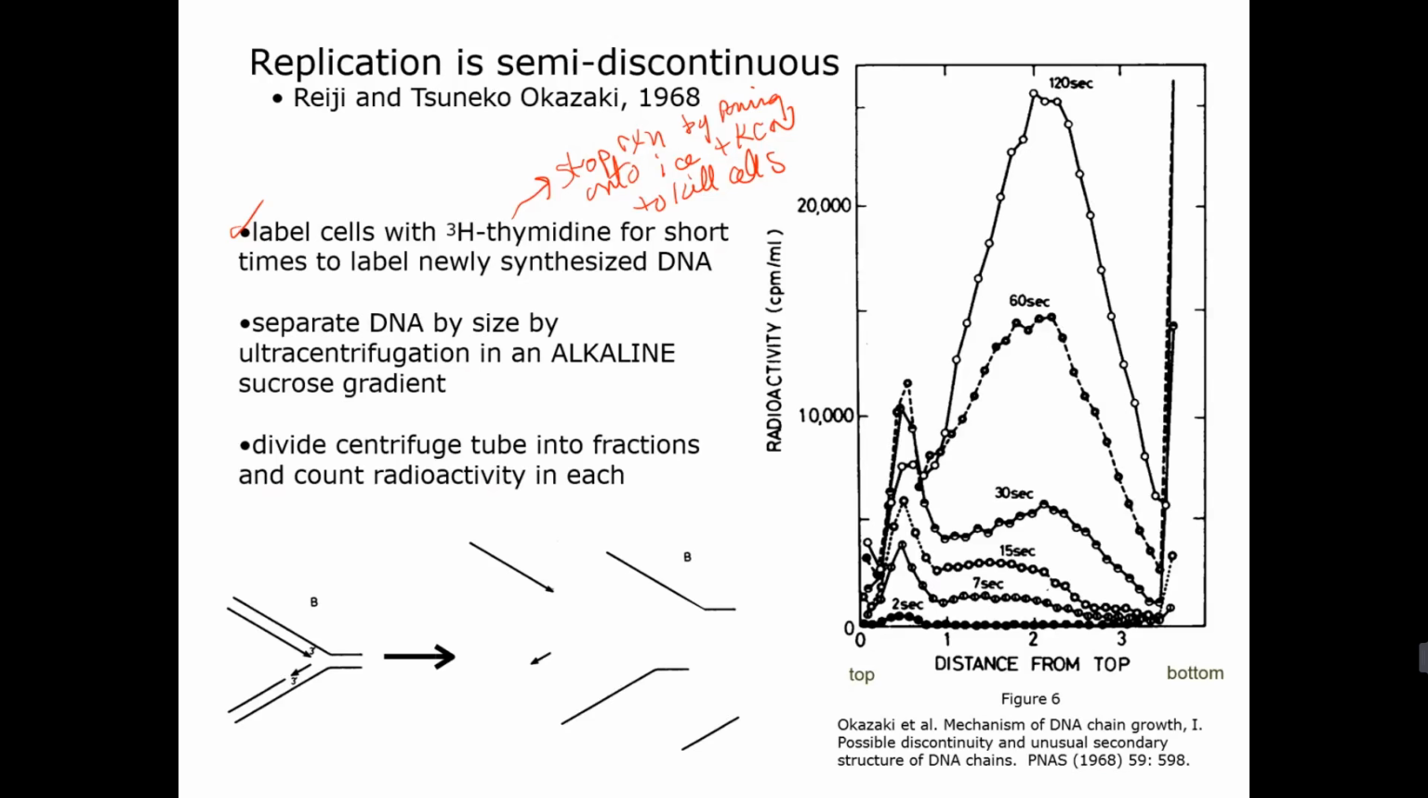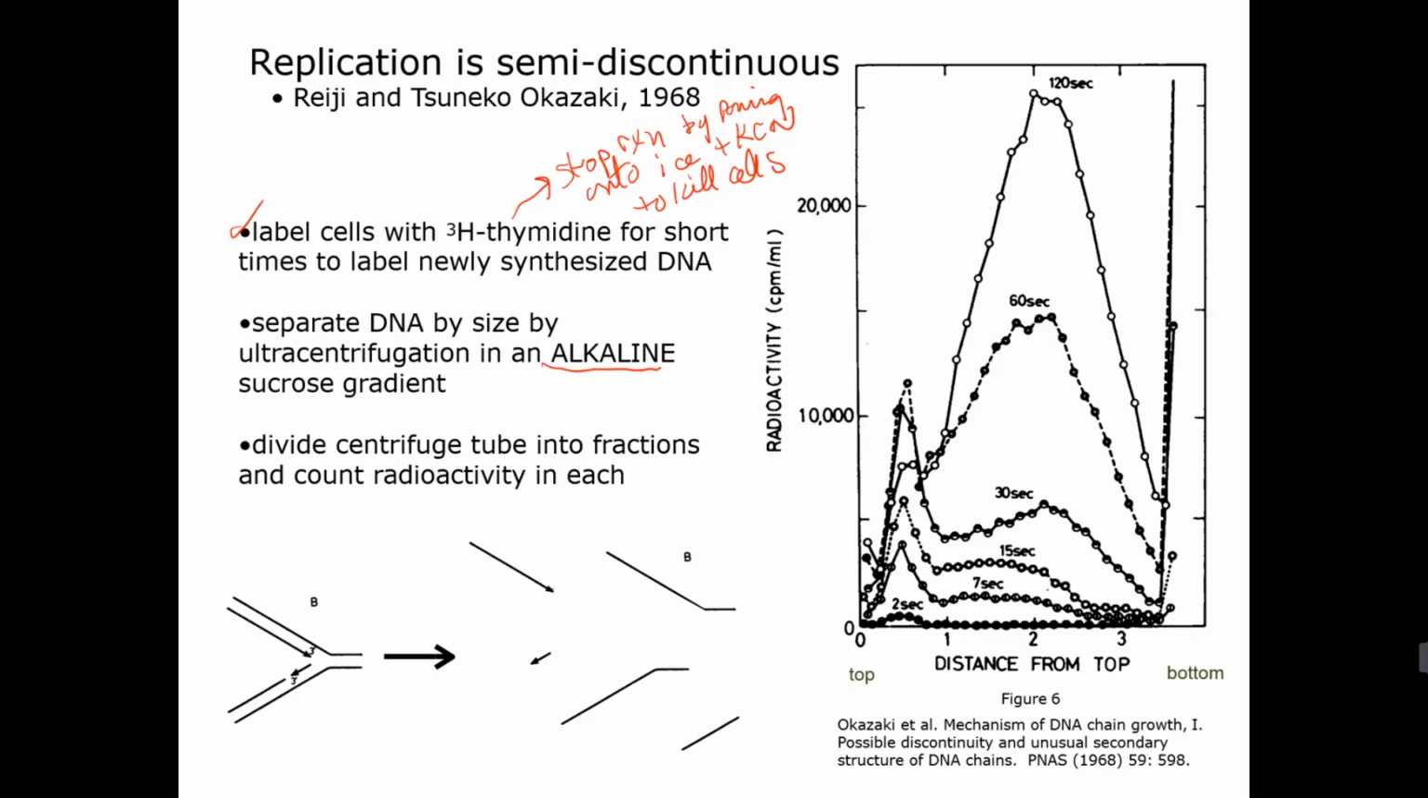Because the goal of this experiment is that they're looking for small pieces. The prediction, in most of the models, except for the entirely continuous one, is that there will be some small pieces of DNA. So they want to separate by size, and they do this again by a gradient and ultracentrifugation, but this time it's a little bit different. They're going to use an alkaline sucrose gradient,